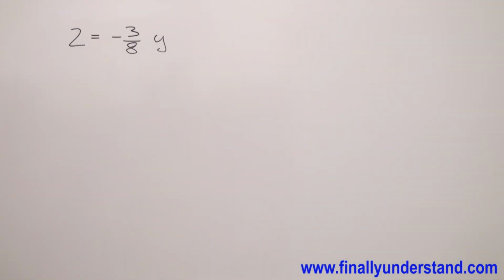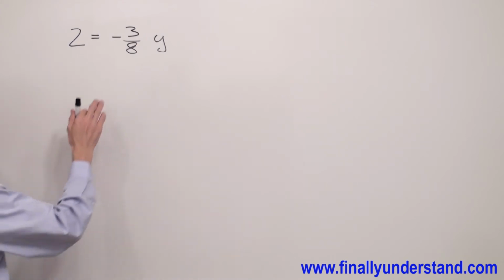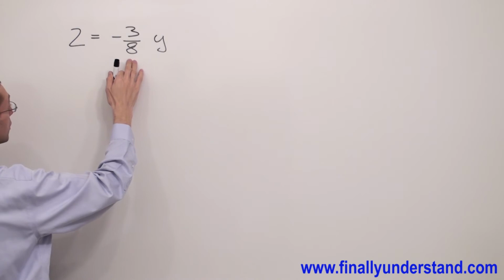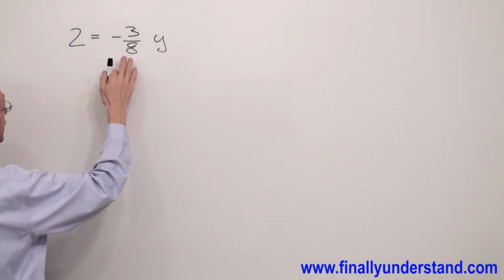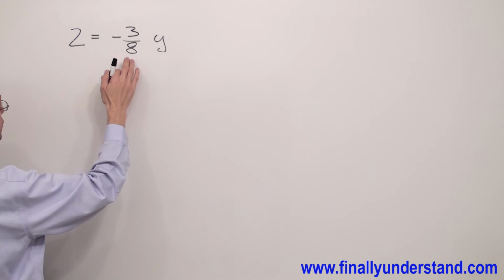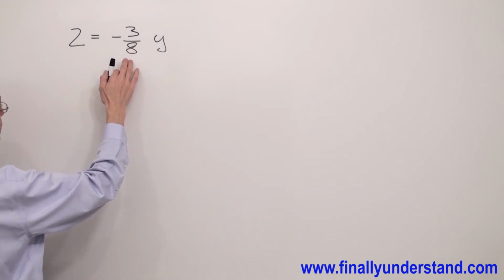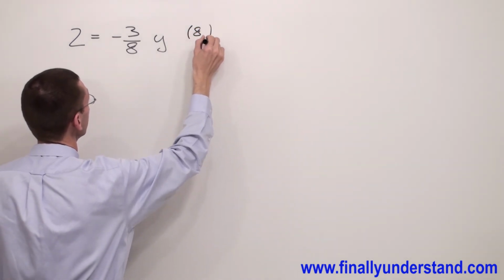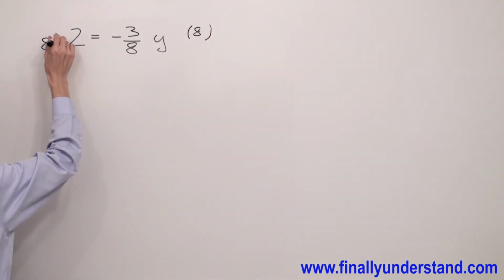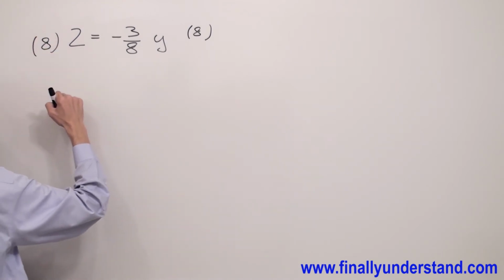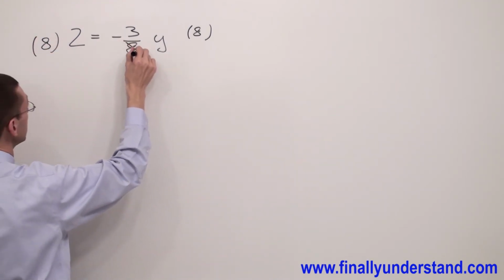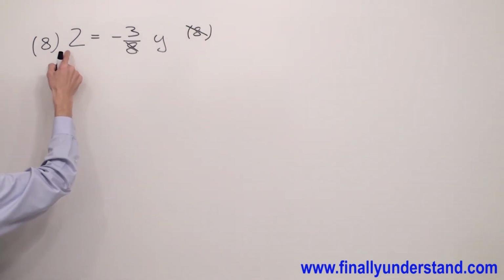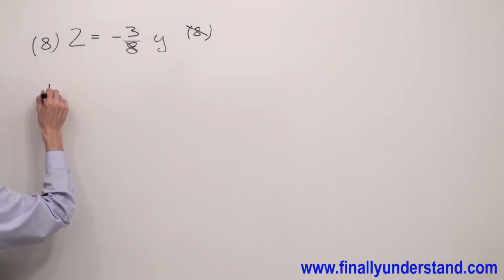Let's take a look at the second example. Again, we have a fraction. First, we're supposed to eliminate the fraction. We said that anytime you want to eliminate the fraction, you have to always multiply both sides of the equation by the denominator. Okay? That's why I'm going to multiply both sides of the equation by 8. So, let's take a look at what will happen. 8 and 8 will cancel out. And I have 8 times 2 gives me 16